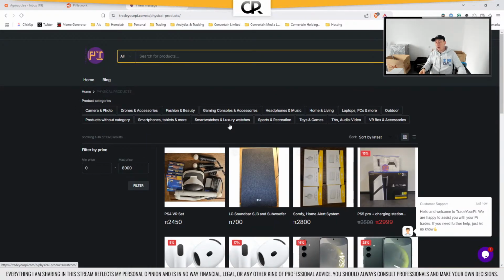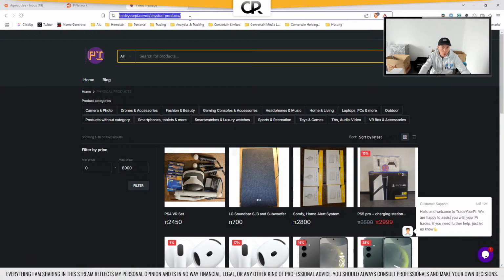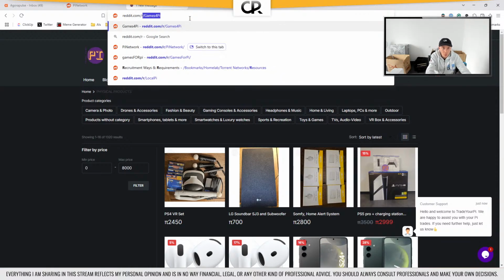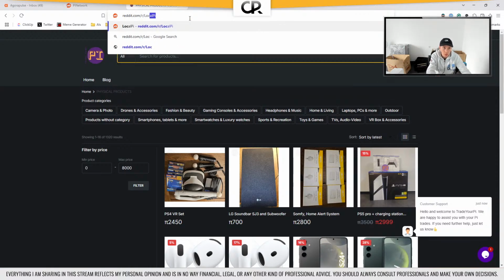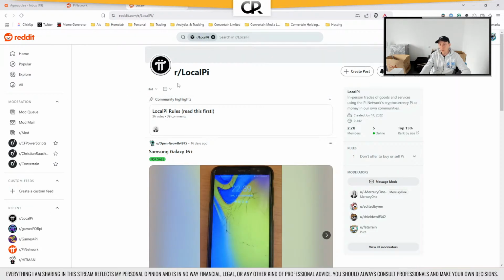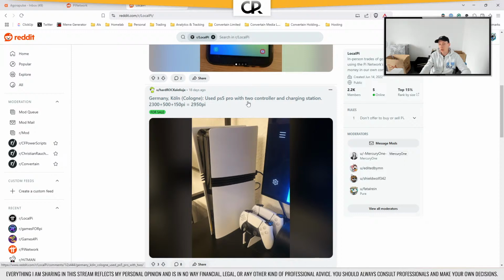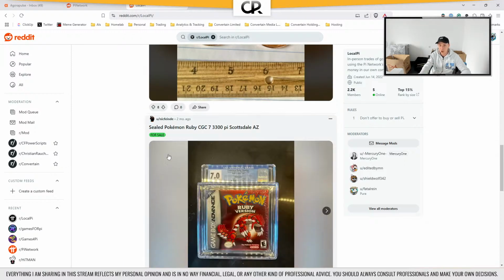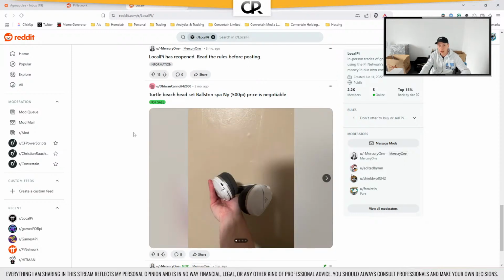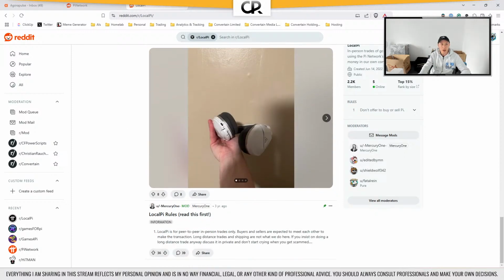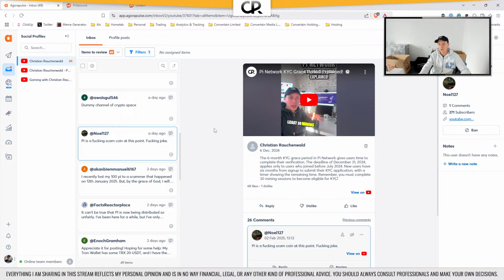And there are obviously more. Those are just the 3 vendors that I personally know. There is the local Pi subreddit, r/localpi, that's operated by one of the Pi Network moderators, where you can say, okay, I have this for sale, and I'm willing to ship, or it's only if we meet up, and I show you the goods, you send me the Pi, I give you the goods, where people are sharing or selling or trading stuff worldwide. So running around and screaming it's a scam just makes you look like a complete moron,